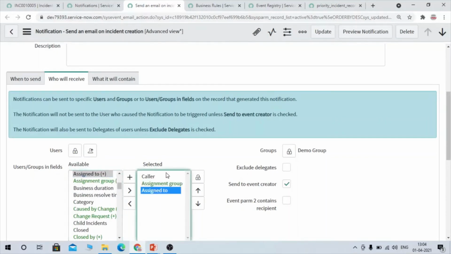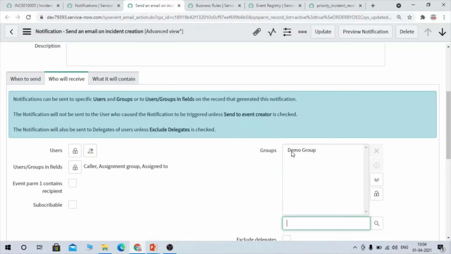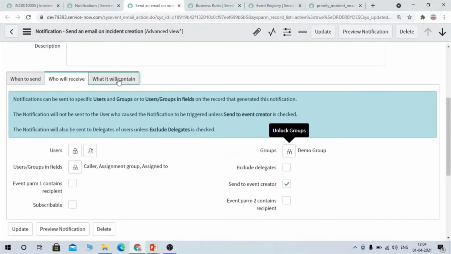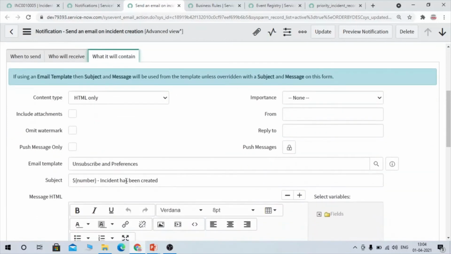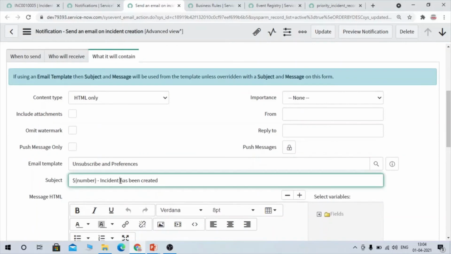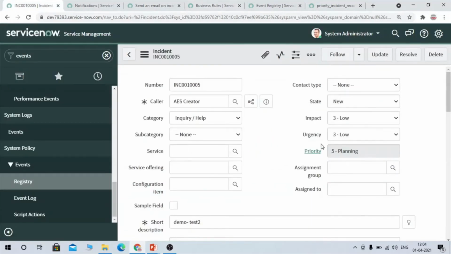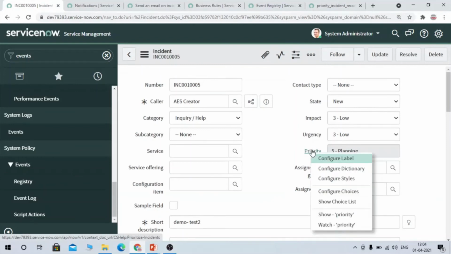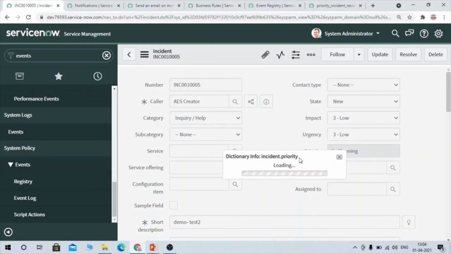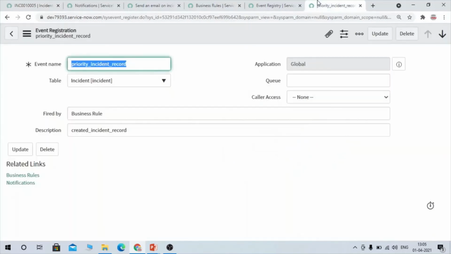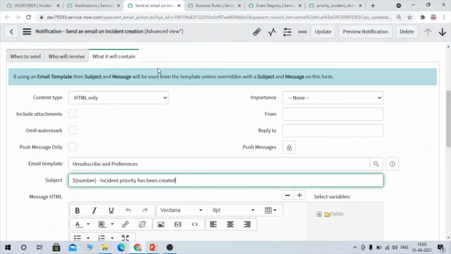Okay, lock it. You can remove this demo group if you want, and if you want to send notification to this group, you can let it be like this. What will it contain? So here we have to change: incident priorities has been changed. And if we know the backend value of the priority, we can show that also. So here priority. Okay, so we are showing the priority, like what is the previous priority and what is the new one. So priority has been changed